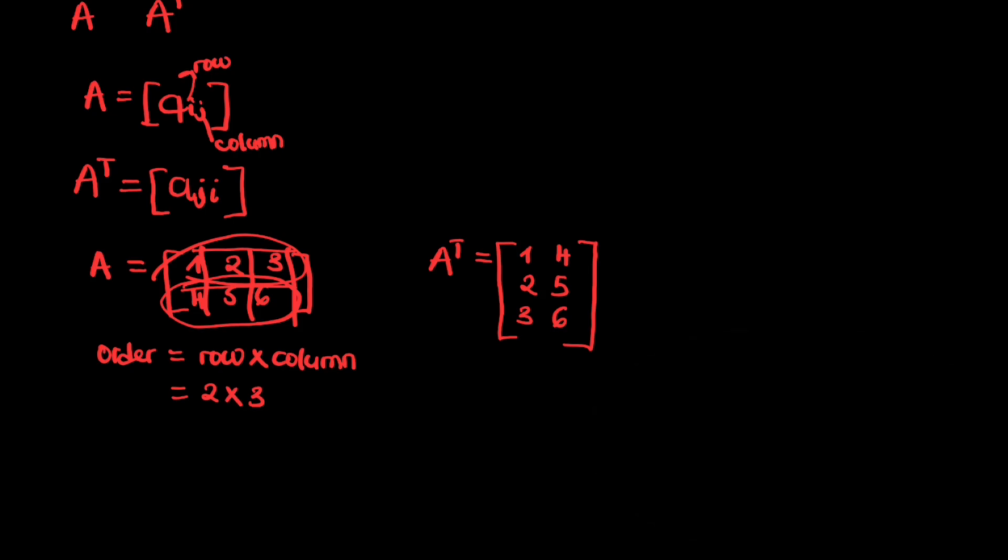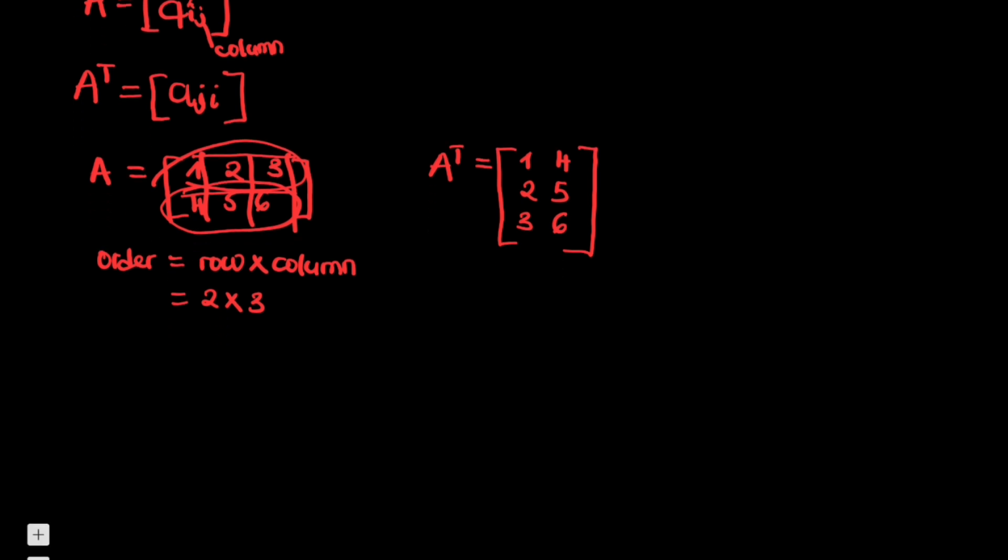So the rows become the columns and the columns become the rows. So here, this column 1, 4 has become the first row. This column 2, 5 has become the second row, and this column 3, 6 has become the third row of that transpose matrix. Okay,